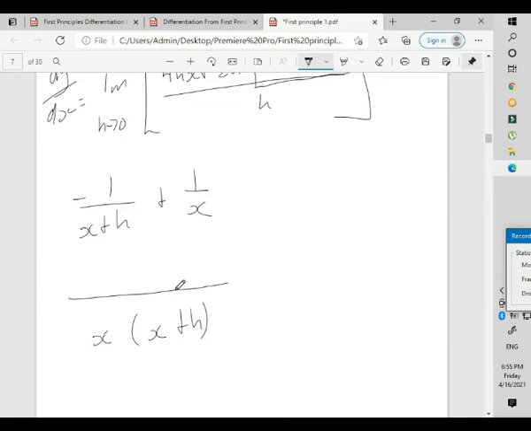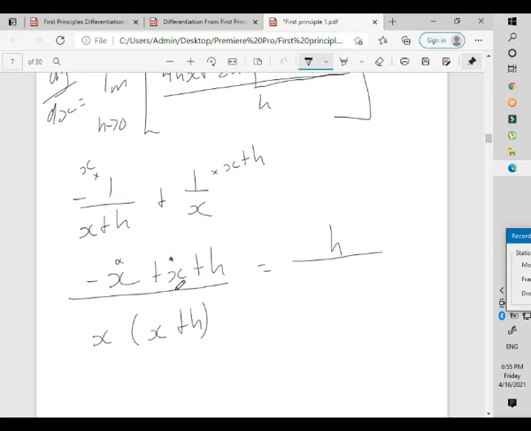So this is going to be times x, and this is going to be times x plus h. Meaning that when I look at what I have here at my LCM, I'm going to say, okay, the x and the x plus h and x plus h will go, leaving me with just the minus x, and then the x will go, leaving me with x plus h, x, this, and this will cancel, leaving me with h